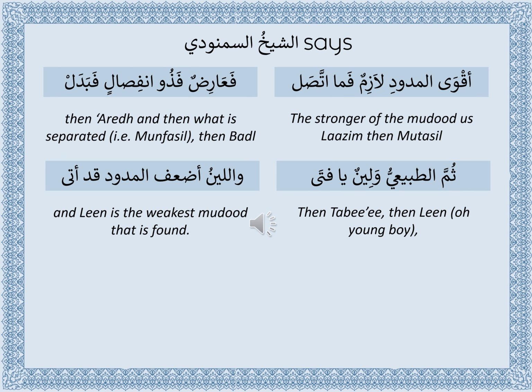All Mudood are not of the same level. Some are strong and some are weak. The strength is according to the timing, according to Sheikh Ibrahim As-Samnudi, who was one of the early scholars from Egypt. He says in his poem,